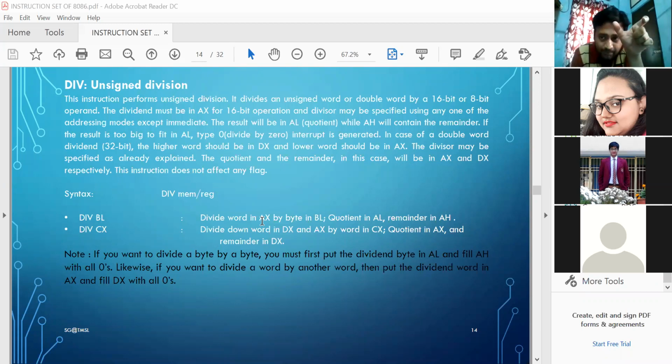The 32-bit number is divided into two parts, lower 16-bit and upper 16-bit. You always need to store the upper 16-bit into the DX register and the lower 16-bit into the AX register. This total DX and AX 32-bit number must be divided by a 16-bit register, which is either CX or BX according to your instruction. If you use DIV CX, then the 16-bit number inside the CX register will be the divisor,